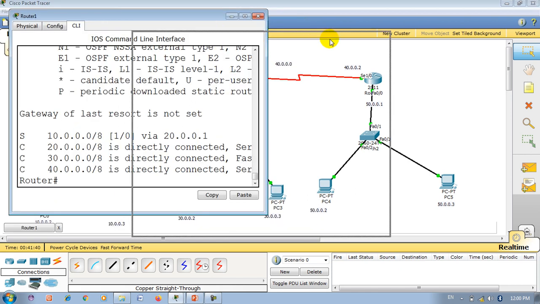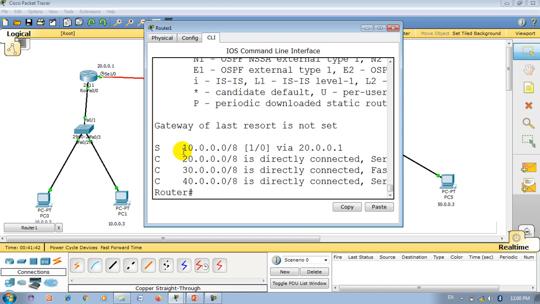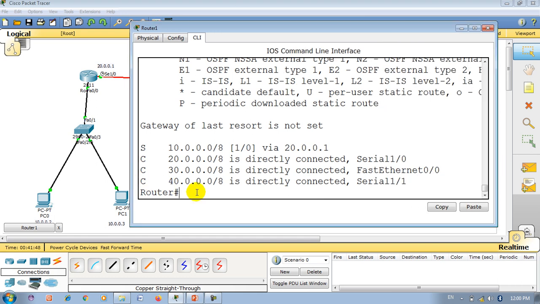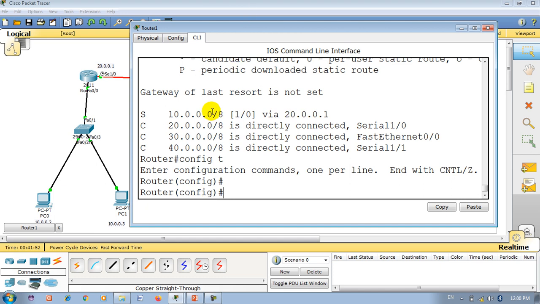Now the second router. Here we have 10, 20, 30 and 40. It still doesn't have the knowledge of 50. So it is the network administrator's responsibility to add it as a static route.